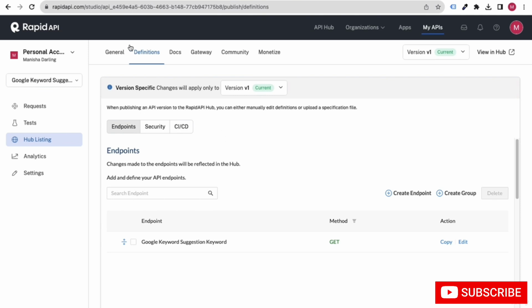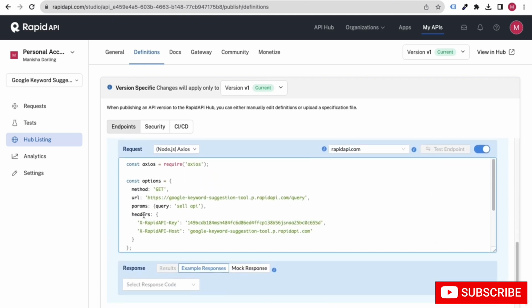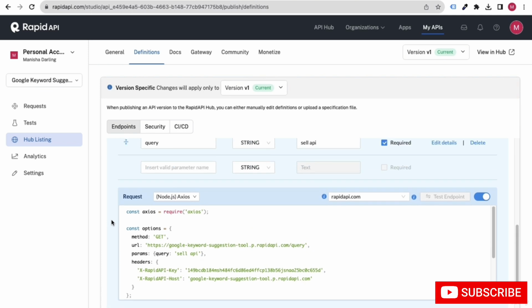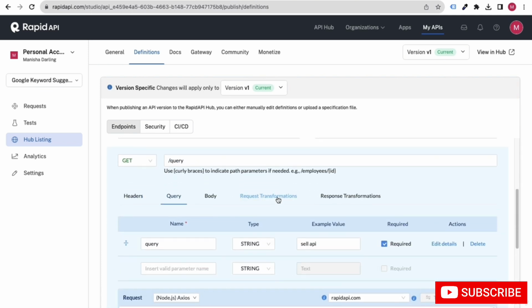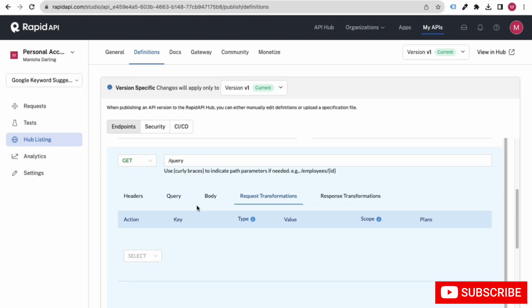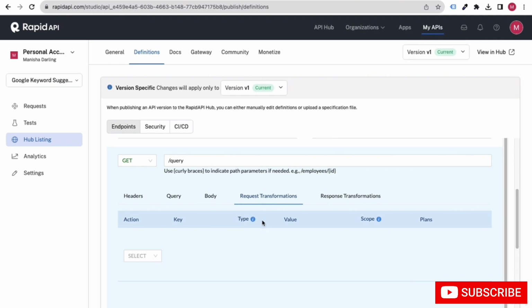And there are other things. For example, if you go to endpoints, and here are your endpoints, and if you click on the edit button, there are plenty of other things as well. Like if you see here, we have this request transformation body. So these are some advanced parameters which I do not want you to go into here.